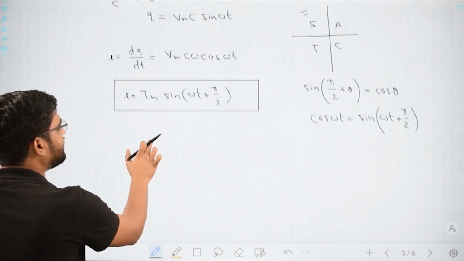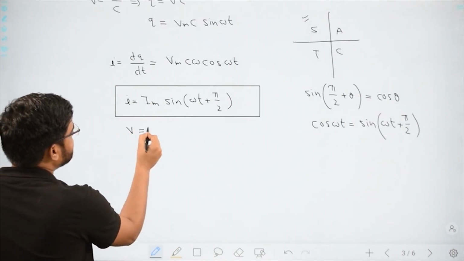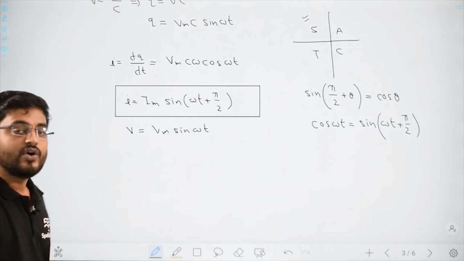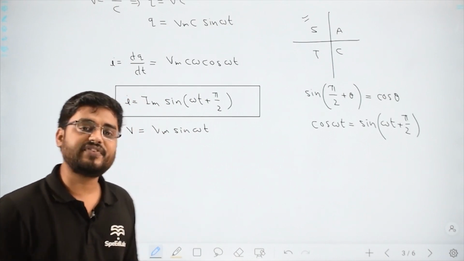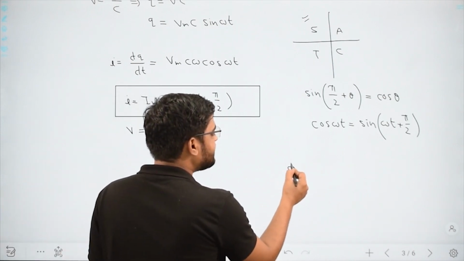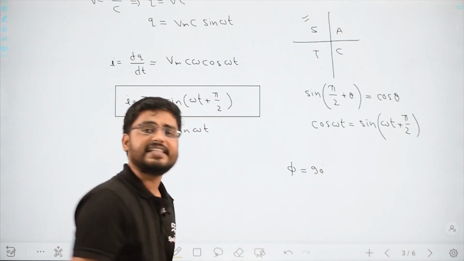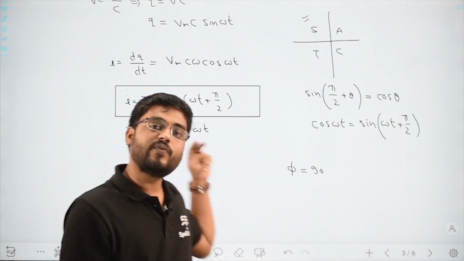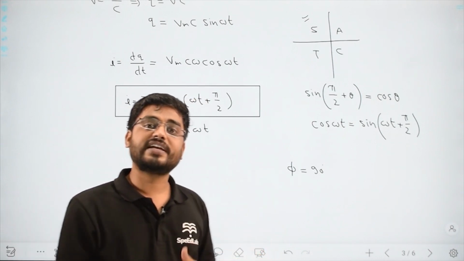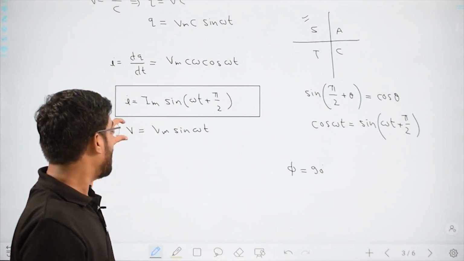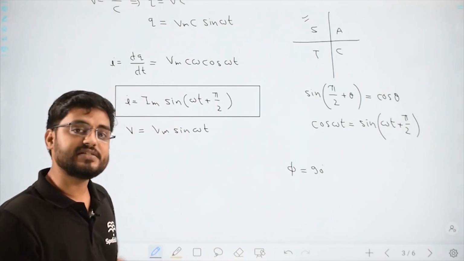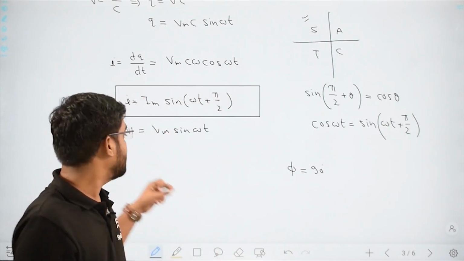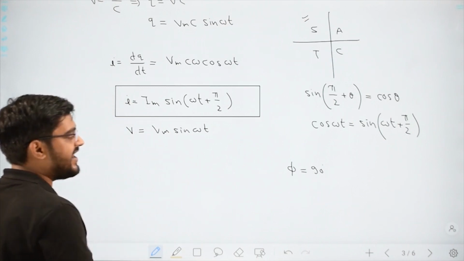Now let us discuss some of the things. Voltage was given as Vm sine omega t, then current is given like this. Who is ahead? The first is the phase difference. So the phase difference here is again 90 degrees, but which one is leading? Here the leading one is the current. So we say current leads the voltage by an angle of 90 degrees, or we can say the other way around also, the voltage is lagging behind. You just need to remember the voltage, because current we are going to keep on the x-axis. So here voltage is lagging behind by an angle of 90 degrees.